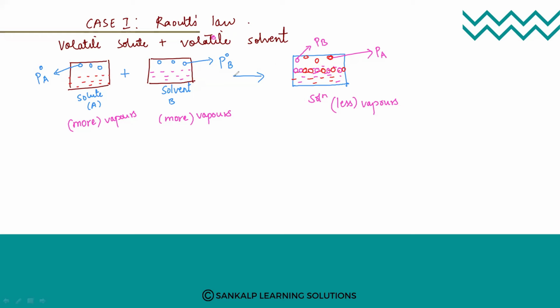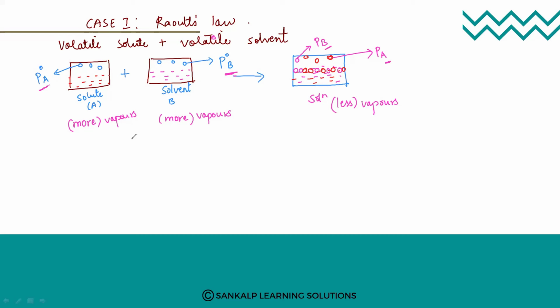When you combine, okay, they form solution. So in solution, both types of molecules are present. So in the process of evaporation, what will happen? The vapors formed will be less as compared to that in the case of the pure liquid. Okay. Now, these are its partial pressures also, right? So we have denoted the partial pressure. So this is in pure liquid. This is a pure liquid B, and this is a partial pressure of component A in the solution and component